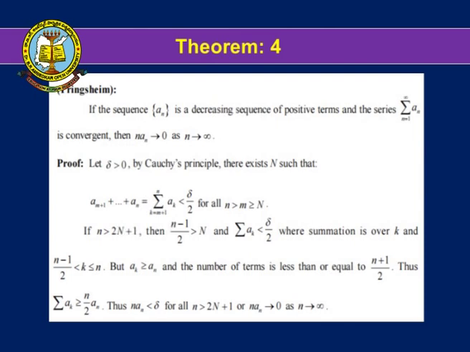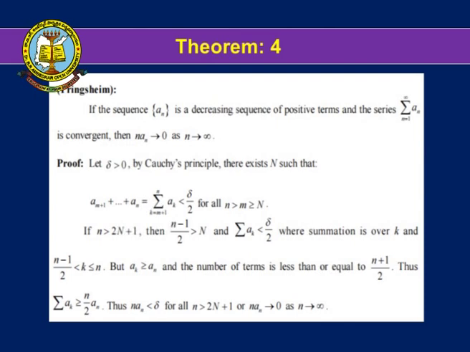Now, theorem 4 is also explained: whenever it is a decreasing sequence of positive terms, then sigma n equal to 1 to infinity a_n is convergent when n a_n tends to 0 as n tends to infinity. Now, it is the Cauchy principle,